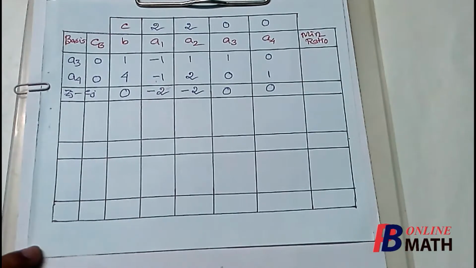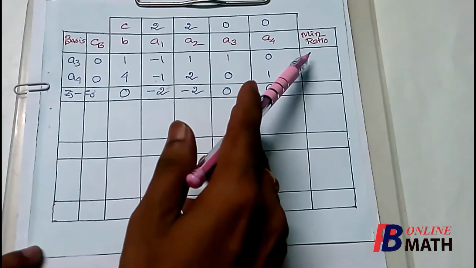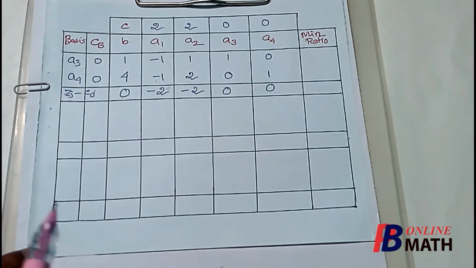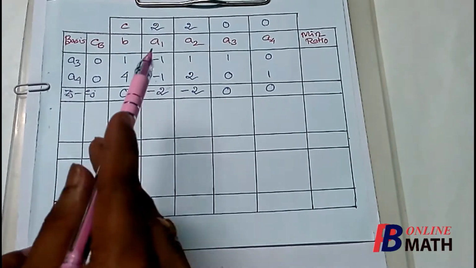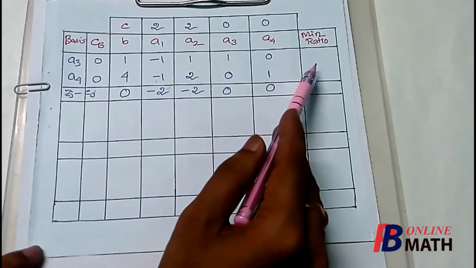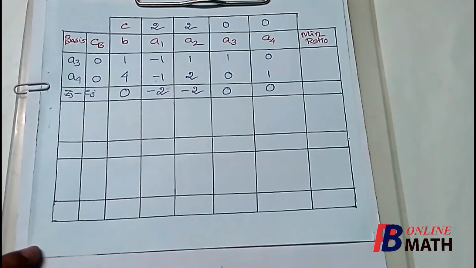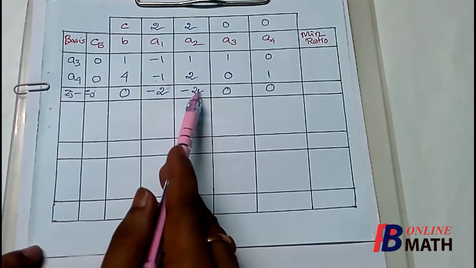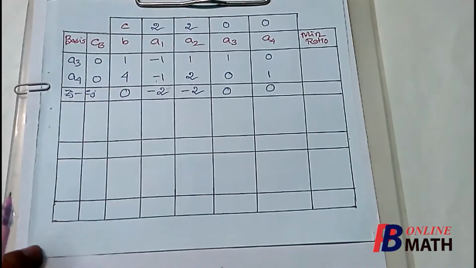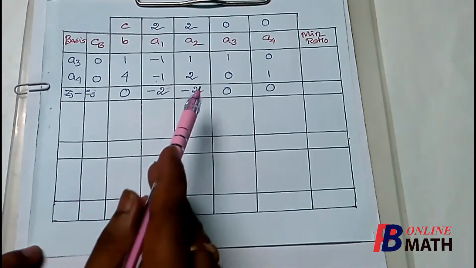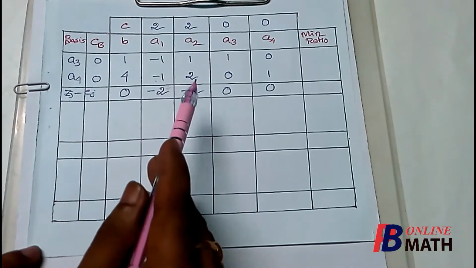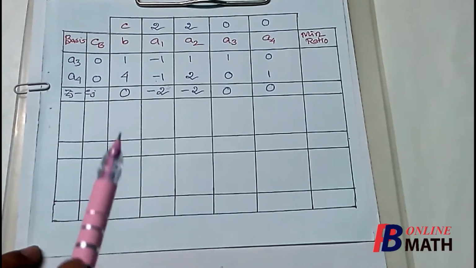So remember that if we find that all the ratios are either negative or infinite, then the problem has unbounded solution. So here we find that if we select this value, then the problem has unbounded solution. Now the question is, if we select this value, then will the problem have finite solution? So let us check. Theoretically, if we select this value, then also we shall find that the problem has unbounded solution. So let us check.